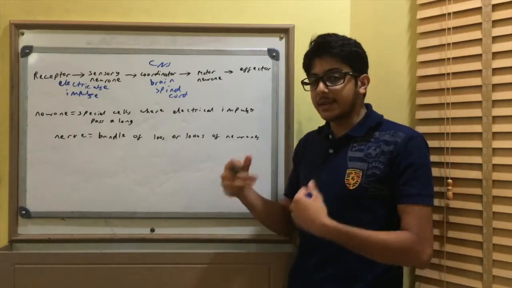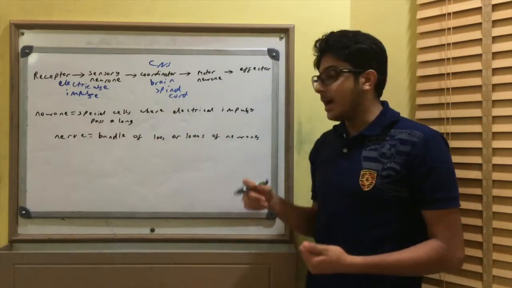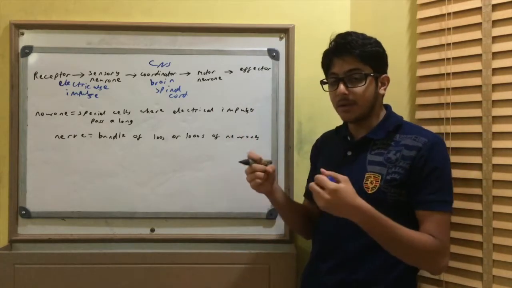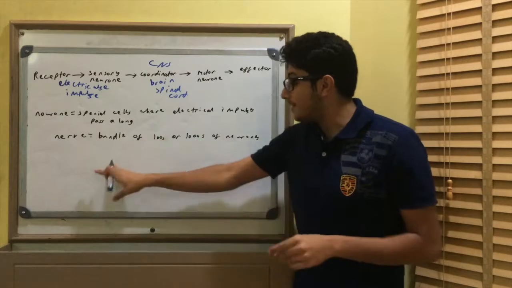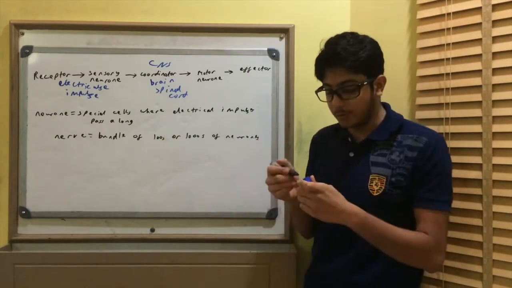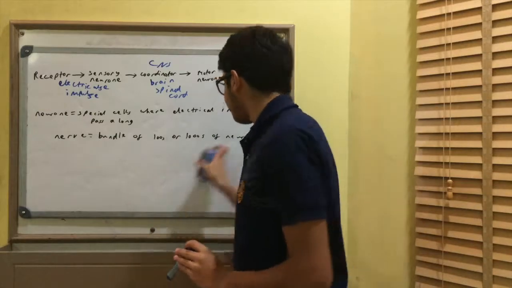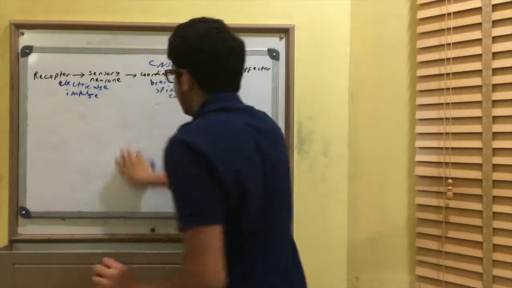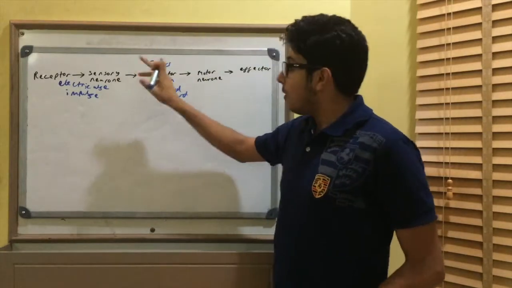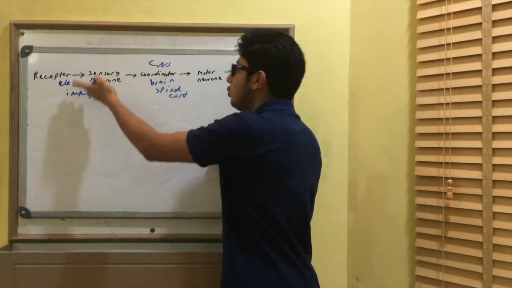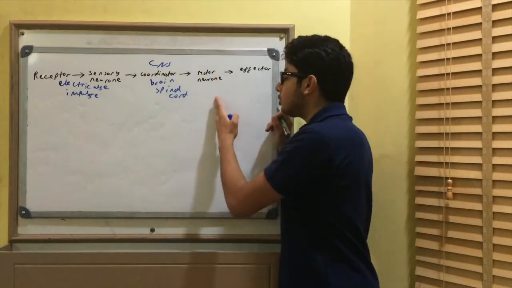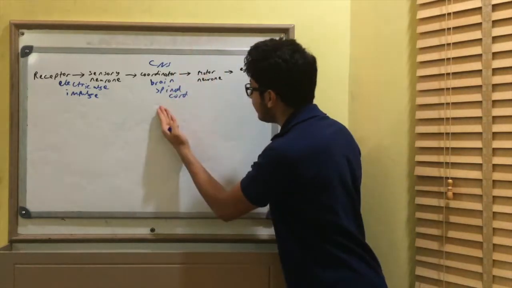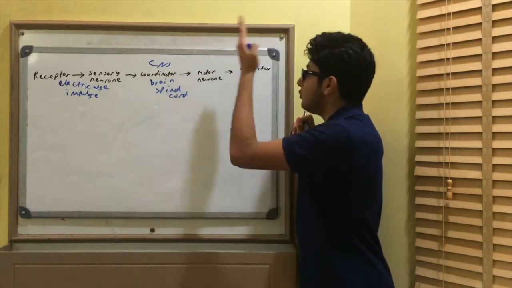Then, the electrical impulse is sent along a motor neuron to the effector organ. Now, many students get neuron and nerve confused, and so I've put in definitions here. A neuron is a special cell along which electrical impulses pass. A nerve is a bundle of hundreds or thousands of these neurons. Okay, so do not get them confused. So, what is a sensory neuron? A sensory neuron is a neuron which sends electrical impulses to the coordinator. A motor neuron is a neuron which sends electrical impulses from the coordinator, the central nervous system, to the effector